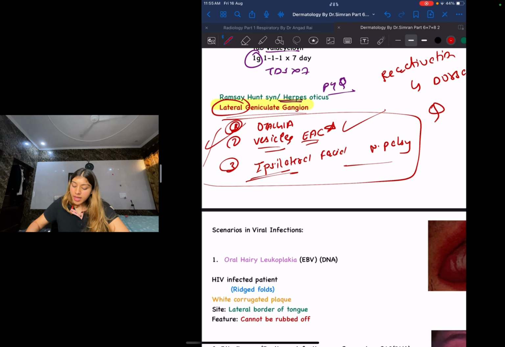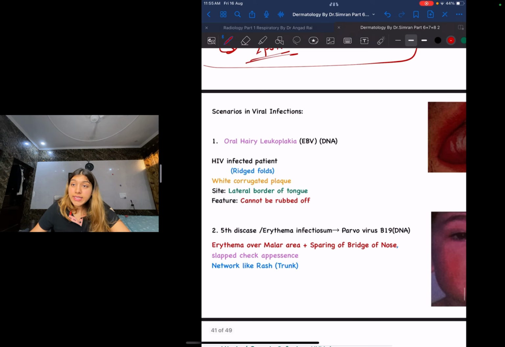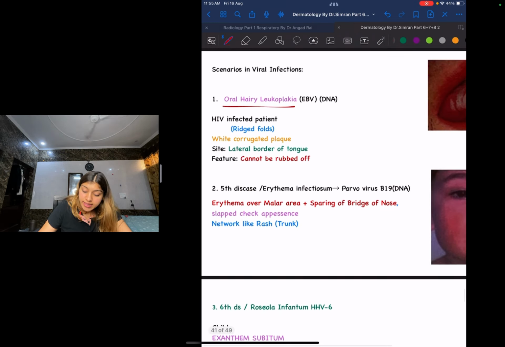Okay, now guys, let us move on to a few case scenarios. I've already filled the answers over here, but still let us first look at the case and then talk about it. Okay guys, this is all your hint. If you read these points in your exam, you will just mark this as the answer and come. Okay, so these are your case scenarios.